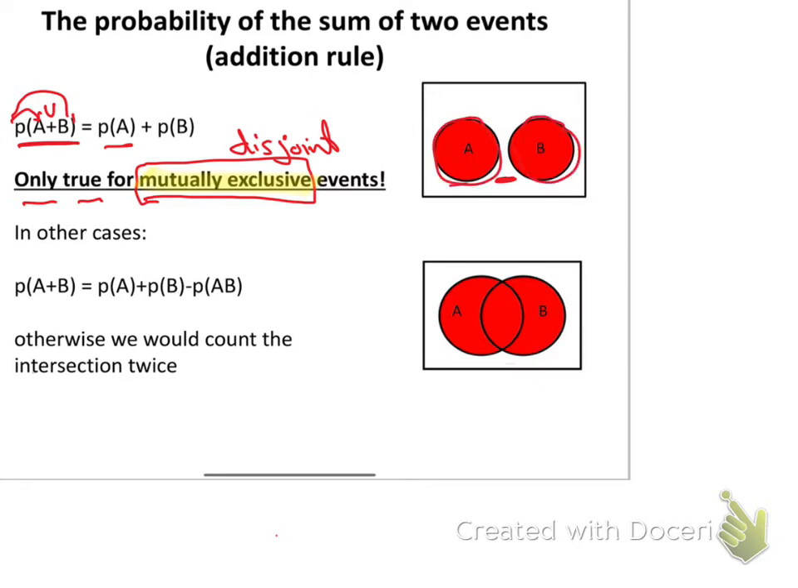Mutually means all of them, or both of them, are exclusive and independent. So this one and this one are mutually exclusive. Each one of them is exclusive, independent. In other cases, where we have an intersection, the probability of A plus B will be equal to the probability of A plus the probability of B, which is the general form, minus the probability of A